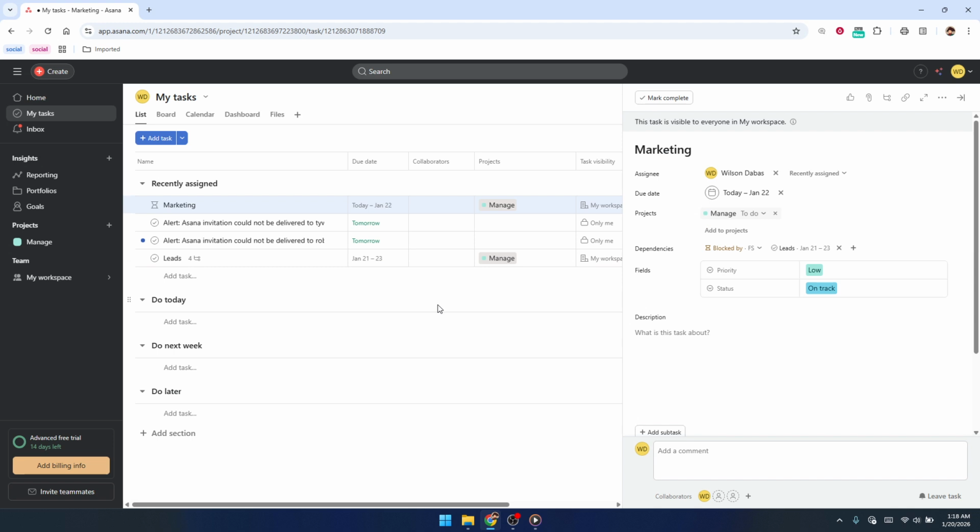That's all there is to it. By opening the task, choosing the dependency option, and selecting the prerequisite task, you can keep your projects organized, reduce confusion, and make sure your team is always working in the